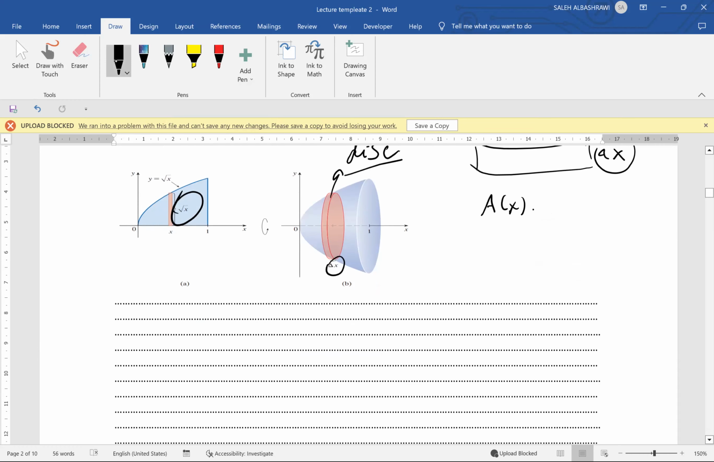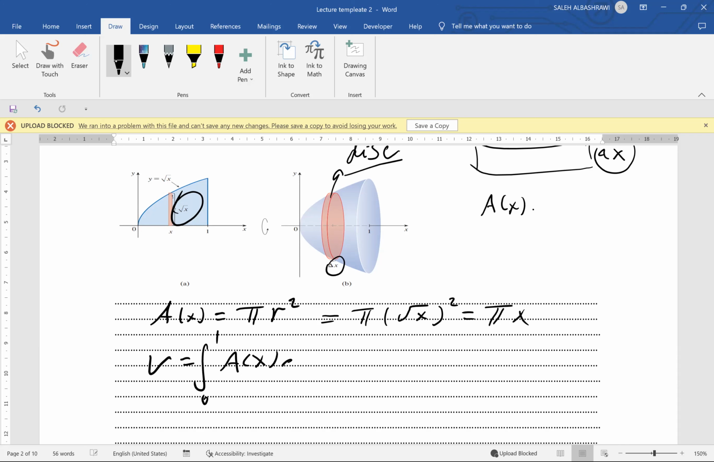So A(x) is equal to pi r squared. But r is given by square root of x, so it is pi times square root of x squared. That will give me pi x. And this disk is like a moving disk from a to b, from 0 to 1. So to find the volume in this case, the volume will be the integration from 0 to 1 of A(x) dx,